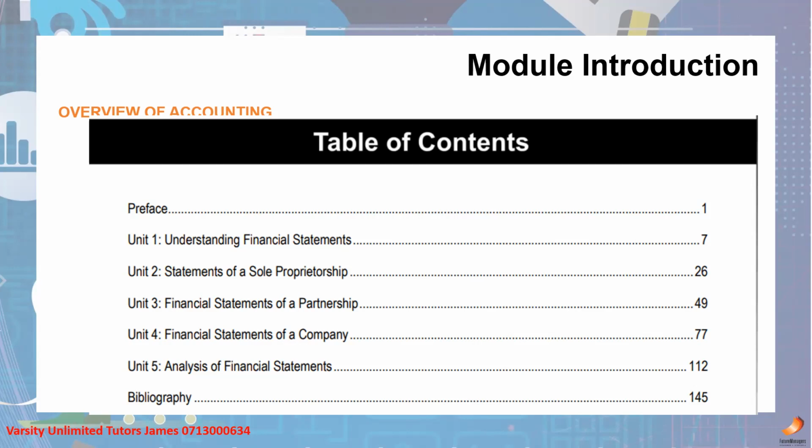This is actually very important for those of you that want to become managers one day. The last unit, unit number 5, is very important when you want to become a manager, because you need to be able to analyze financial information, understand it, dissect it, and make decisions on the business that you're operating in.